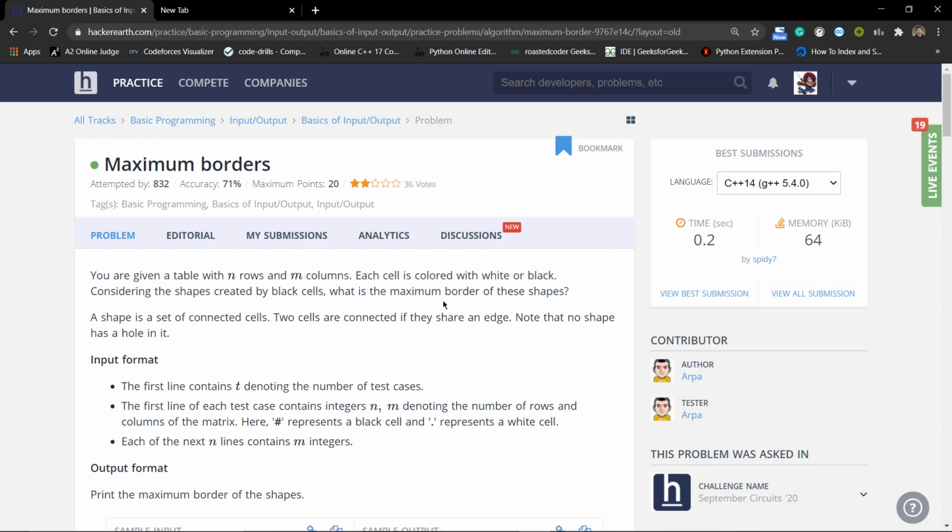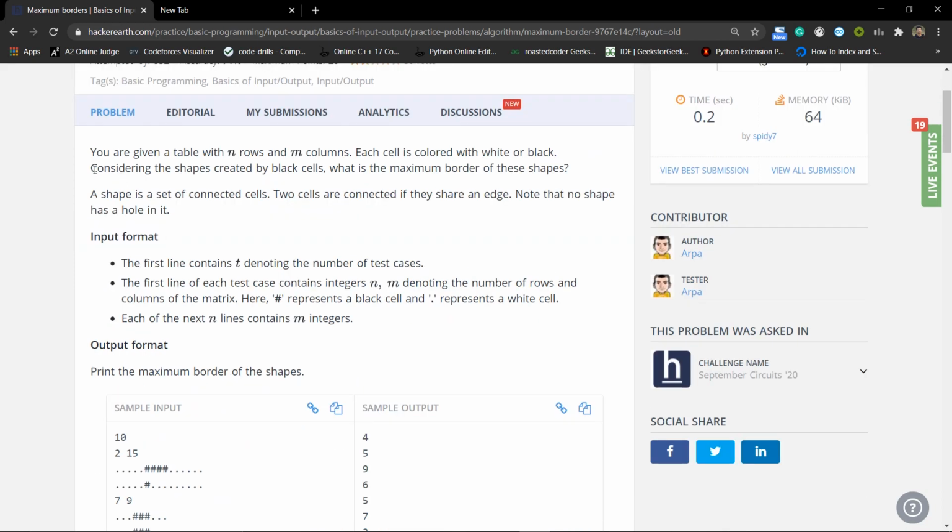In this problem we will be given a table with n rows and m columns, and each cell will be colored white or black. The black cells create shapes, and we have to determine the maximum border of these shapes. A shape is a set of connected cells, and two cells are connected if they share an edge.